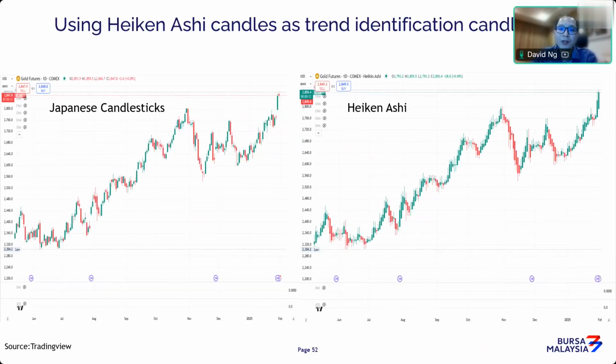Now, just to share with you, Heikin-Ashi is a great tool to identify trends. Heikin-Ashi is one type of Japanese candlestick, and it reflects the average bar. By using Heikin-Ashi charts, or Heikin-Ashi candles, you can identify short-term trends in a clearer manner. These two charts are both gold charts, same time frame, same period. The only difference is the type of candles. If you compare them, Heikin-Ashi does indicate the trend in a clearer manner.